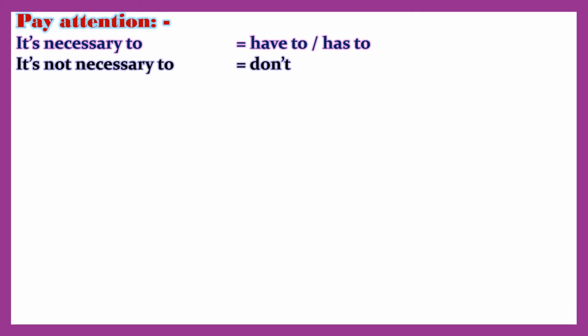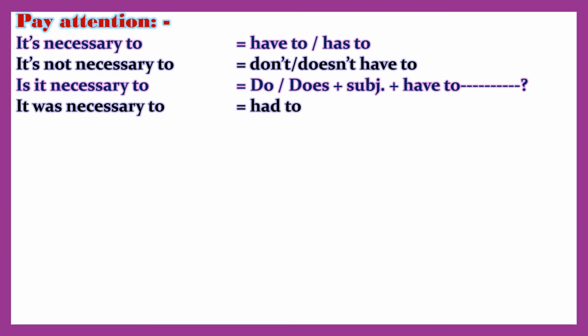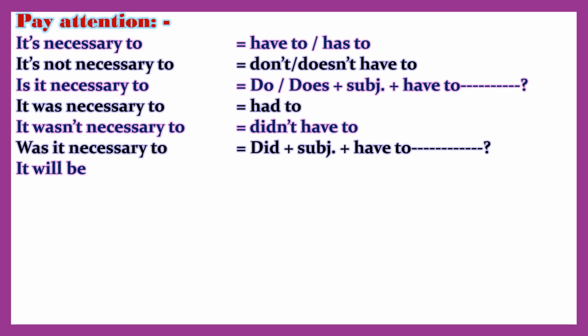Pay attention. It's necessary to equals have to, has to. It's not necessary to equals don't, doesn't have to. Is it necessary to equals do, does plus subject plus have to. It was necessary to equals had to. It wasn't necessary to equals didn't have to. Was it necessary to equals did plus subject